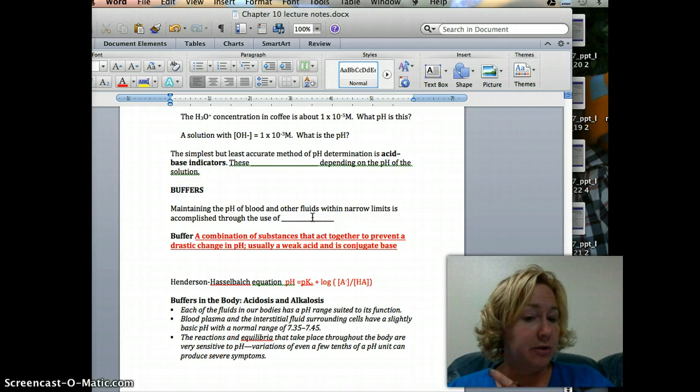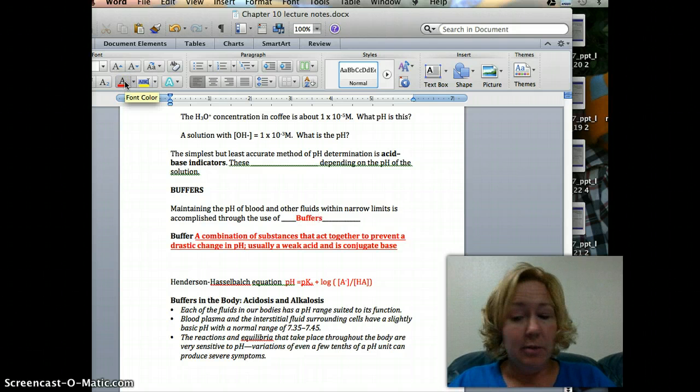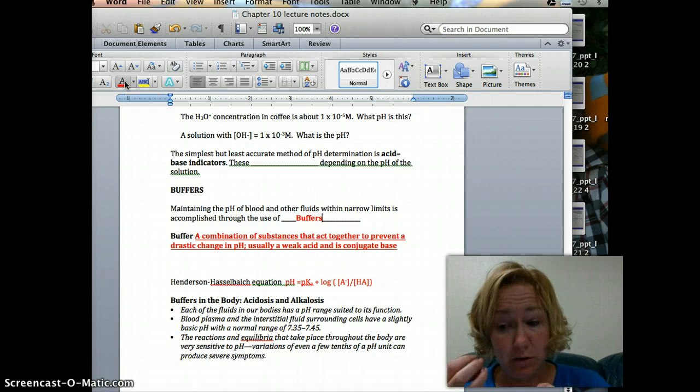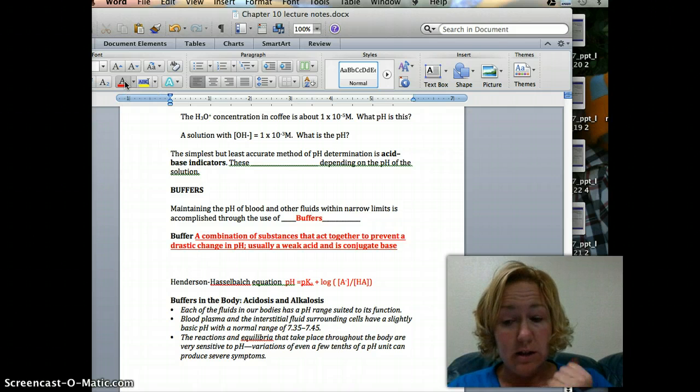So you have these buffers. They maintain the pH of the blood and other fluids within really narrow limits, and this is accomplished through the use of buffers. Buffers are awesome. This is why some lakes are super affected by acid rain and some are not at all affected by acid rain. And this is mostly limestone. There's limestone in different lakes, and limestone is a really good buffer,